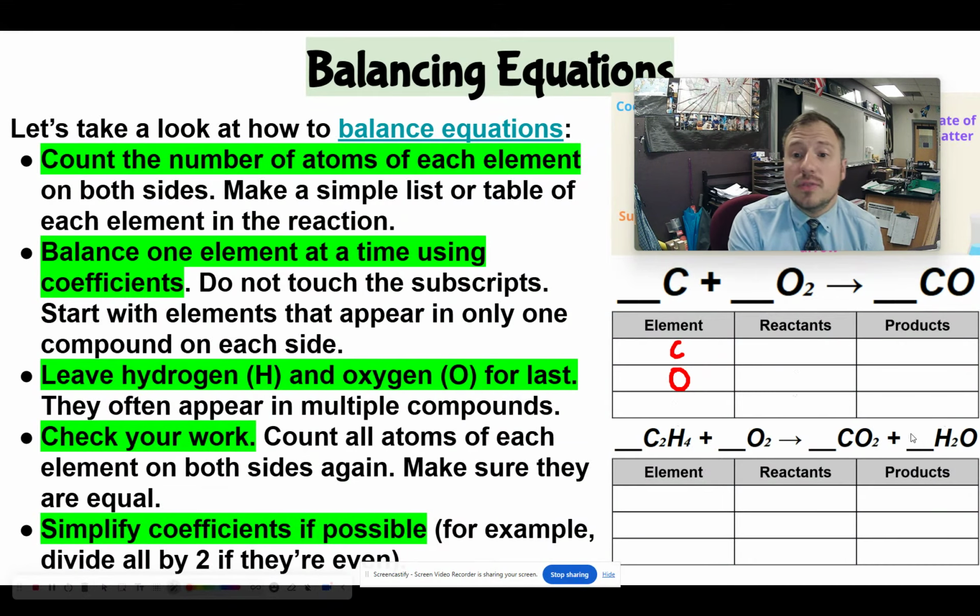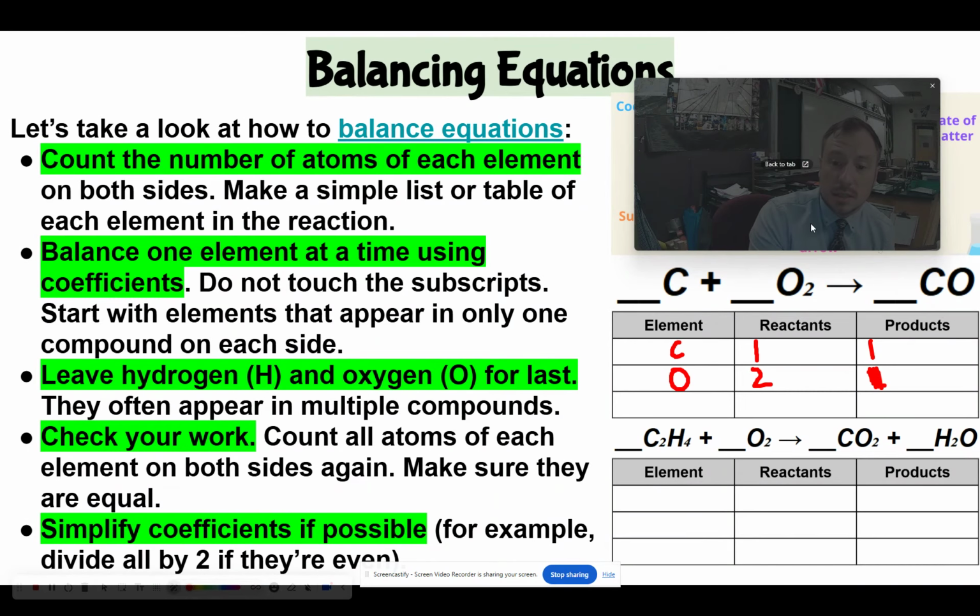First I'm going to just write down the elements that I have here, carbon and oxygen, and then my reactants, I'm first just going to assume I have 1. These coefficients are blank. Right here I've got 2. I've got 1 carbon here. I got 2. So you can see here, oh, nope, sorry, that's a 1. My fault. So you can see here I'm not balanced,